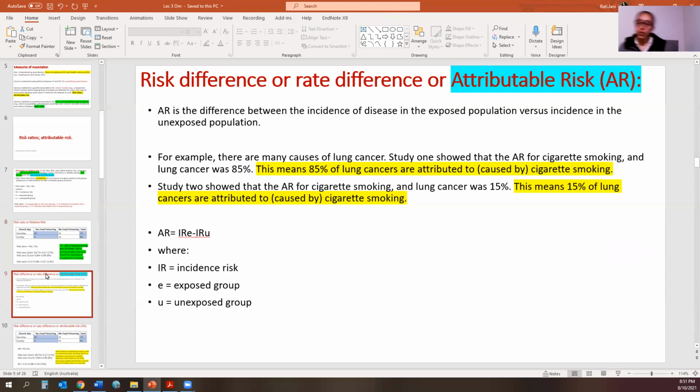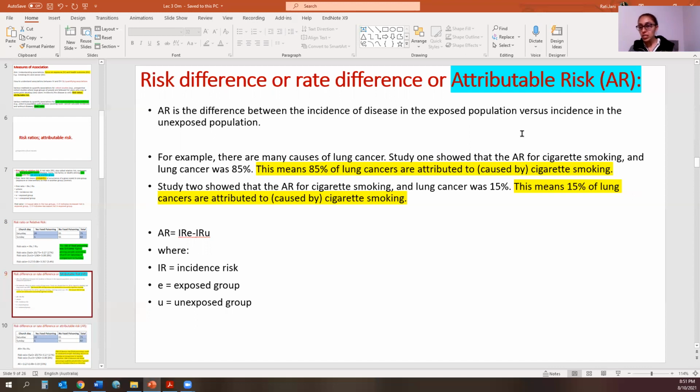Okay, now attributable risk. As I said, attributable risk is when you're trying to find out the difference between the incidence of disease in the exposed group versus the unexposed group. And basically, what does this mean in real life settings? So, for instance, with attributable risk, this is how you may be able to term the